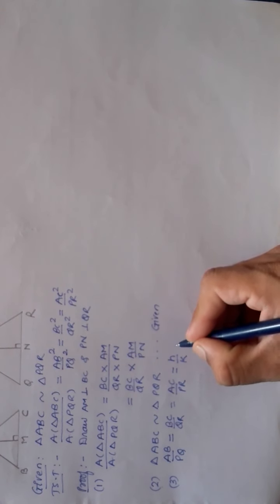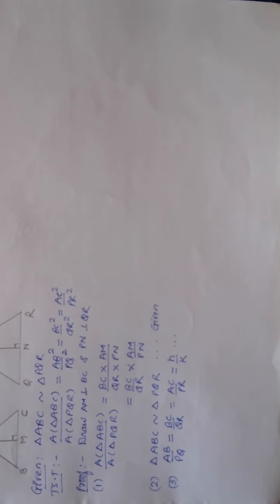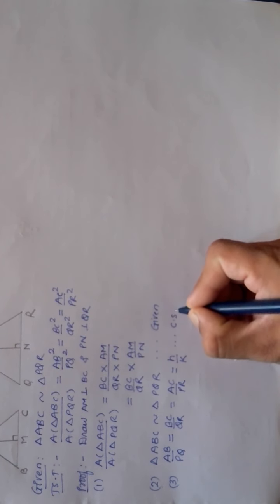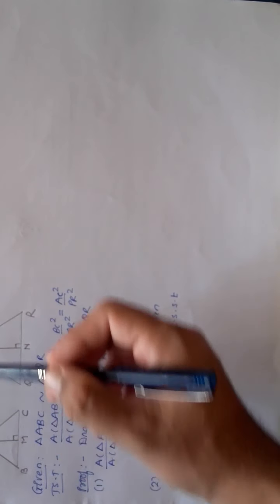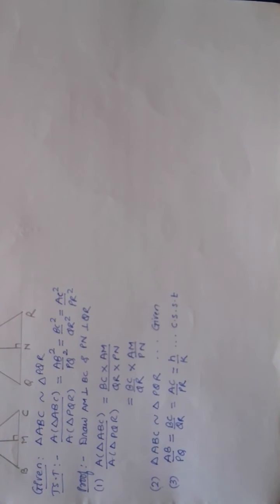So I took first, second, then first, third, that means I took corresponding sides from these similar triangles. Now in this I can get all the pairs of corresponding angles also congruent. But you can see here in the figure, angle A is a partitioned angle, angle P is a partitioned angle. So I am not interested in that particular partitioned angle.